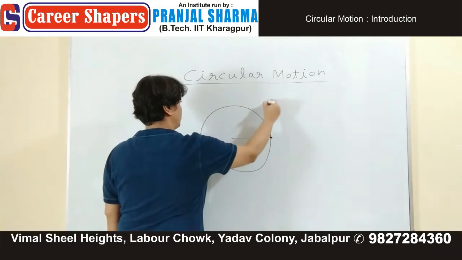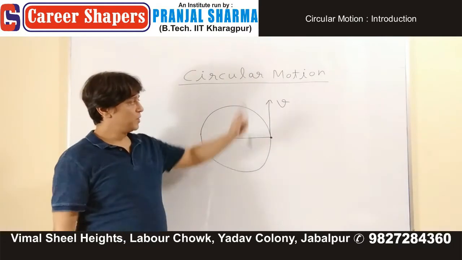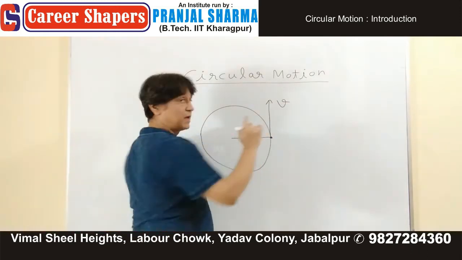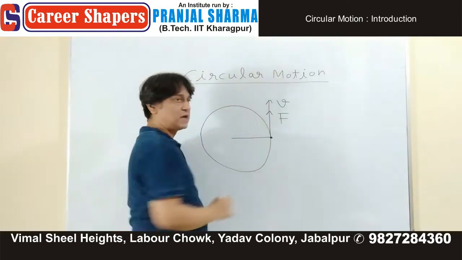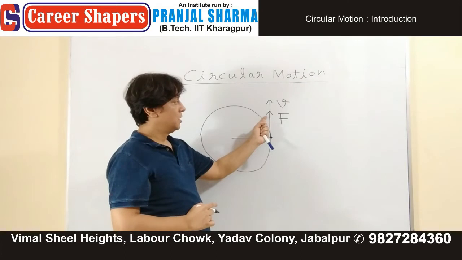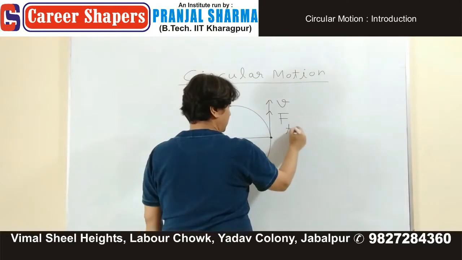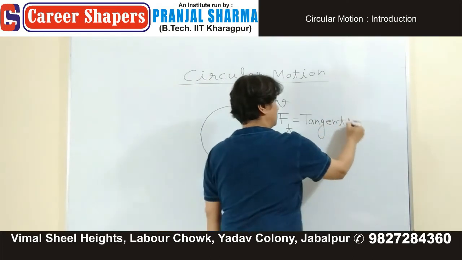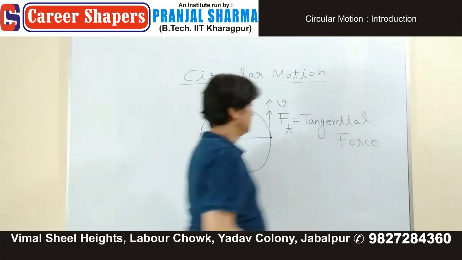Suppose the object is moving with v. If the object is moving with v, then we say that if a force is acting in this direction, this force is acting along the tangent, and therefore we'll call it Ft, tangential force. This is your tangential force,